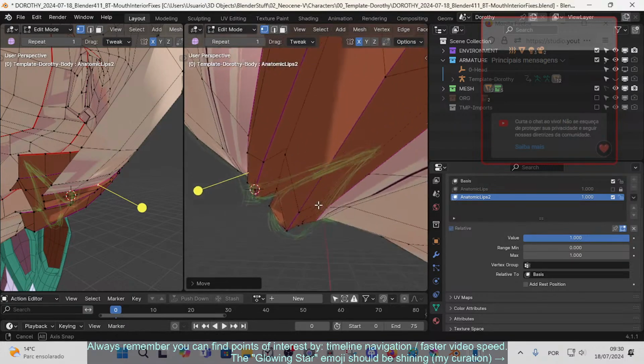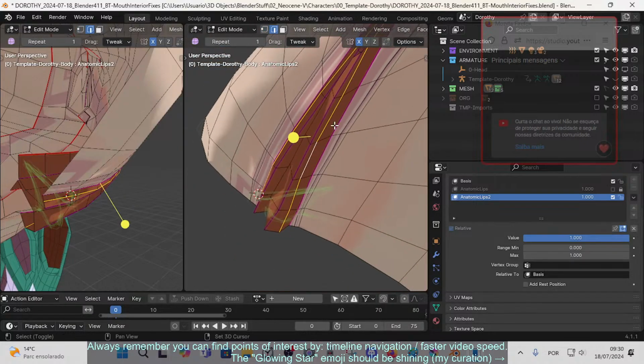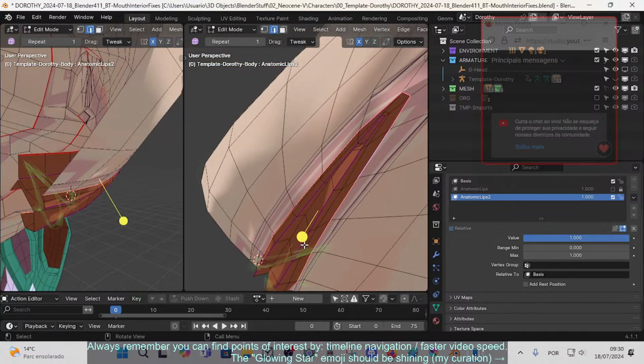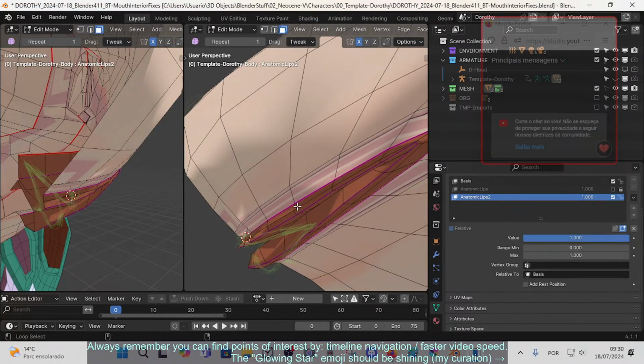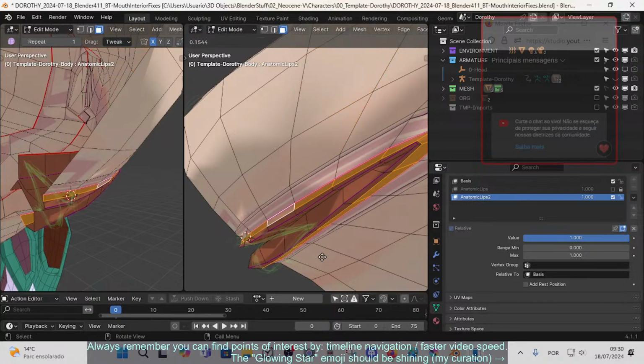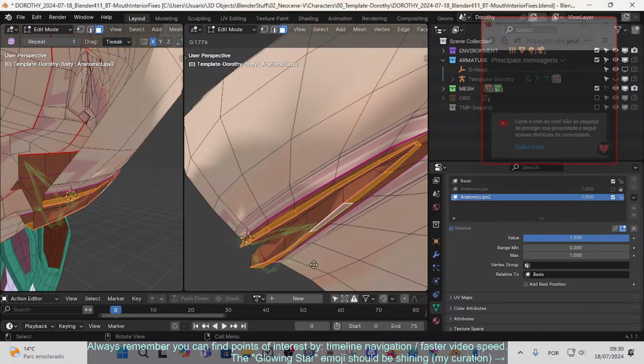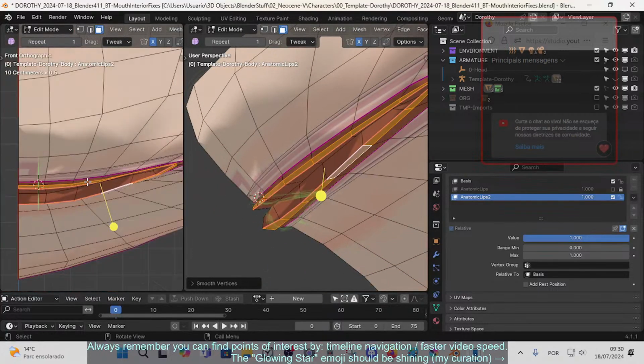So you see how that's going here. What I can do is, of course, smooth this whole face out there, and as I proceed here, eventually I should be getting